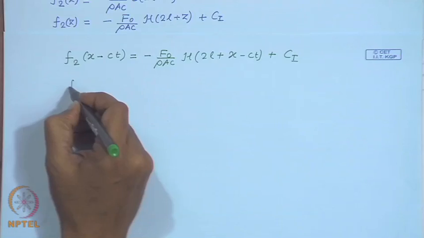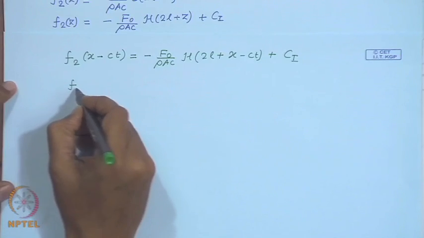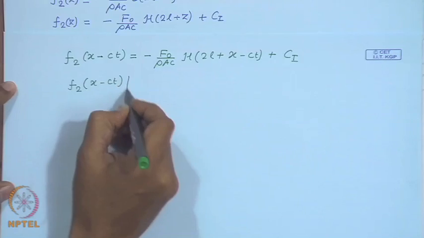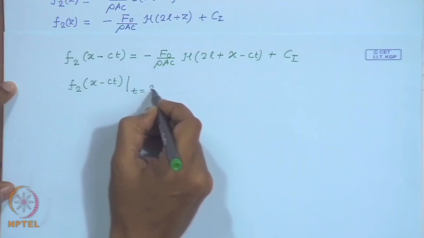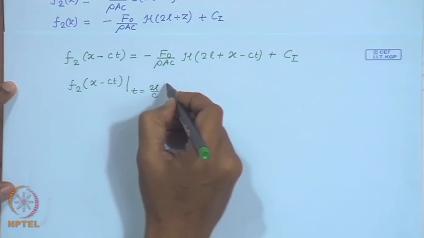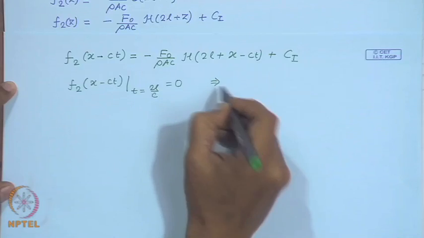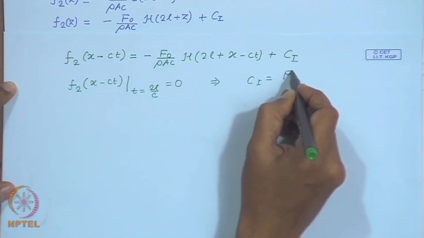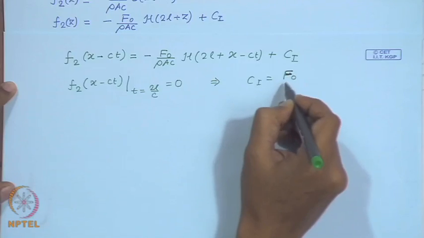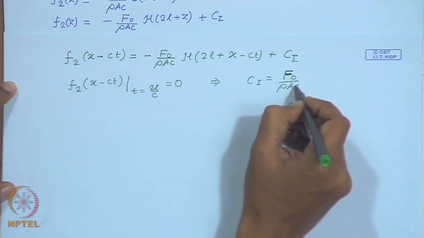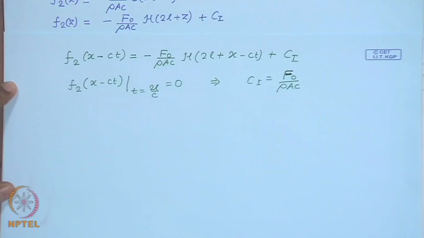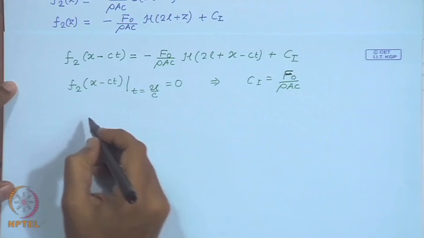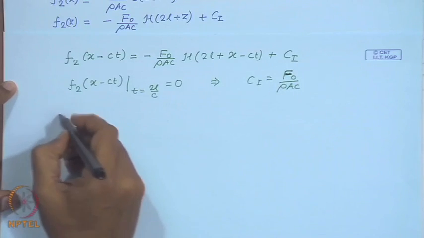now we use the condition that f 2 is 0 when t is just 2 L over C, and that gives us once again the integration constant, which is f naught by rho A C. So, therefore, after the second reflection,